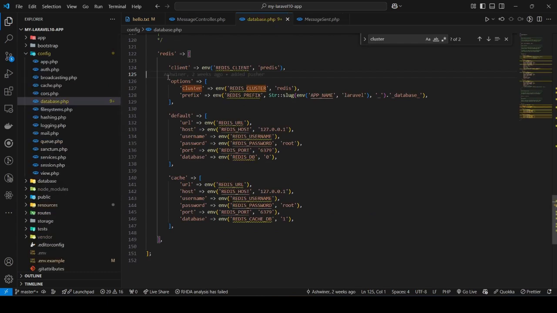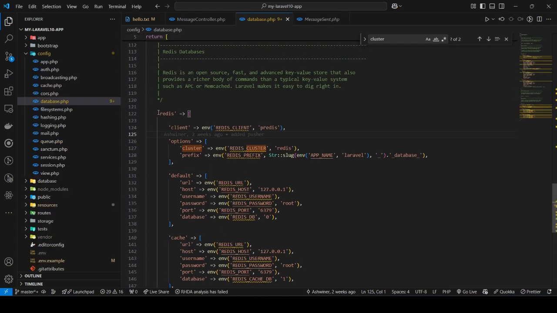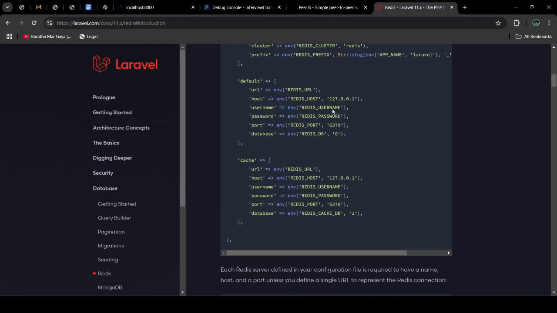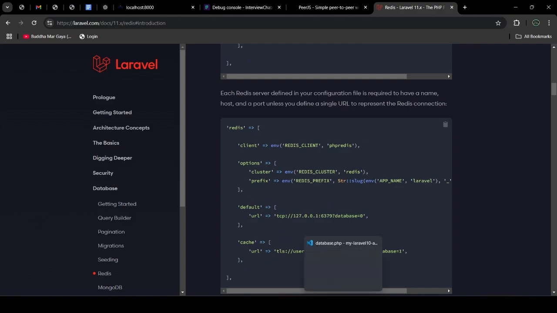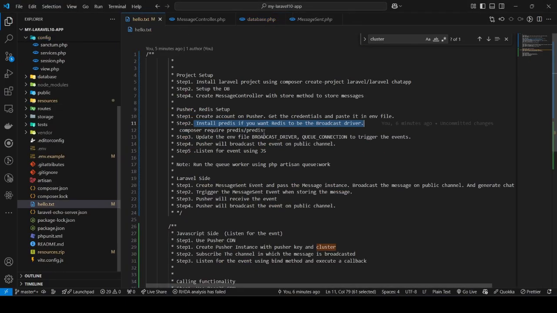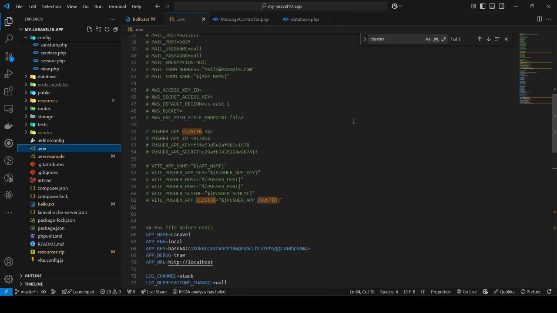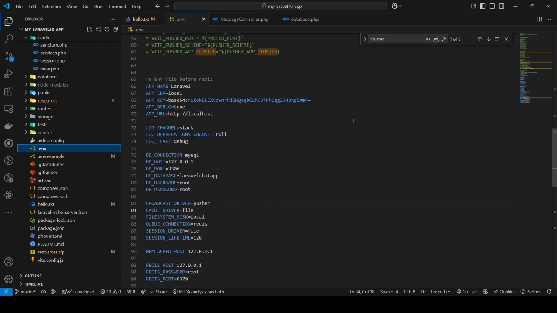I'm not going to explain Redis that much, but if you want to learn more about Redis, you can refer to the documentation. So it's good if you can use Redis here, right? We have set up Redis, and we have set up Pusher also. After that, you just need to go to the env file and update the broadcast driver and queue connection. The broadcast driver can be Pusher or Redis. It totally depends on you, but in my case,